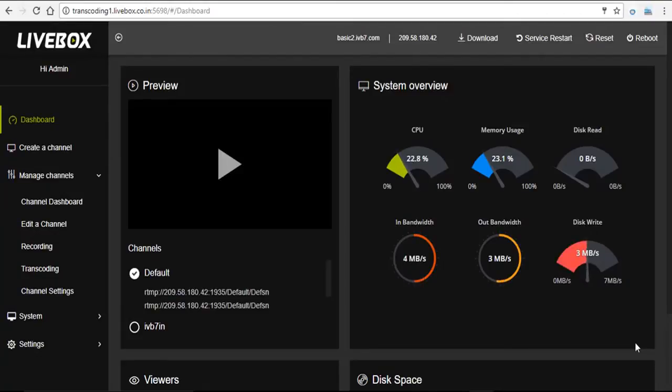Actually it is a simple concept, that is the Origin server will be in one place and the Edge server will be placed in another place. So the data will be shared between this Origin and Edge server. So let's see a scenario like Origin server is placed in Chennai office. So I am streaming to that Origin server